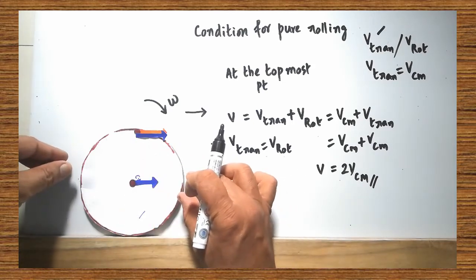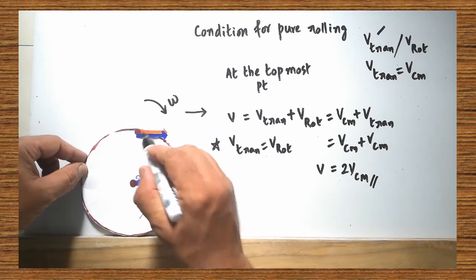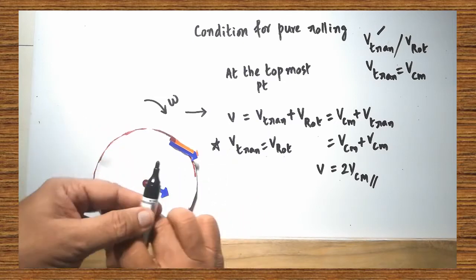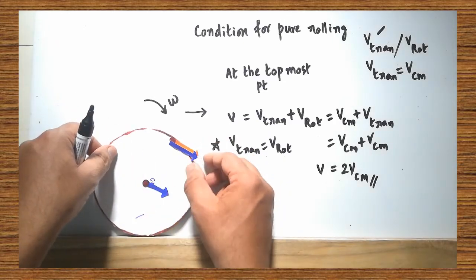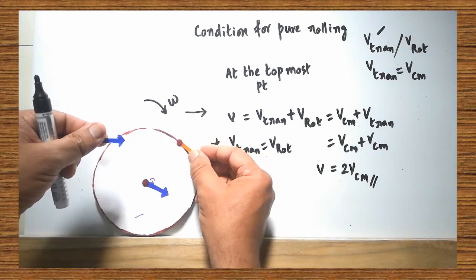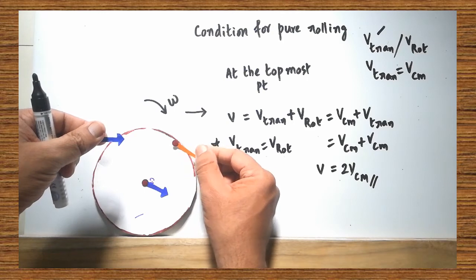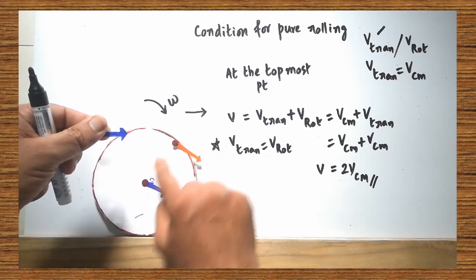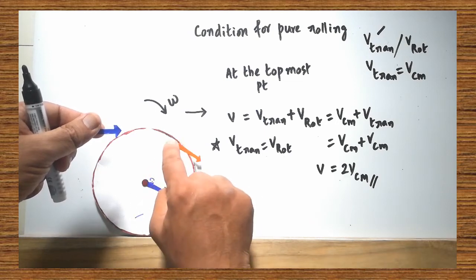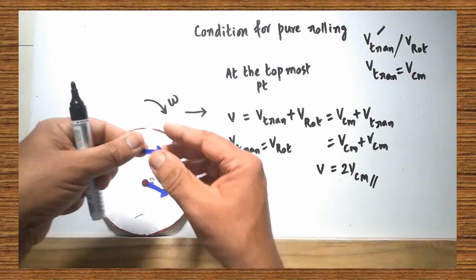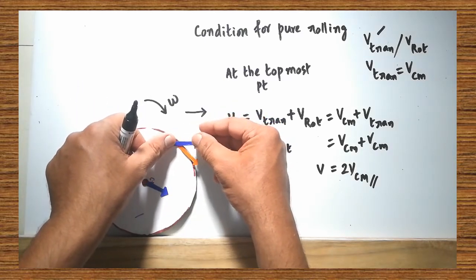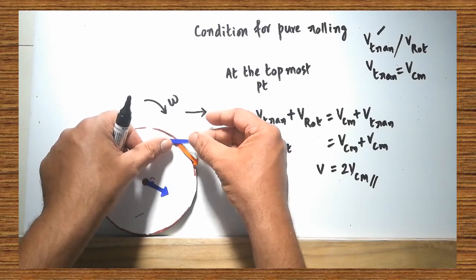Okay, now I am going to roll the body. The same point, its orientation is changing. When it is rolling, look at that. Again, what I have to do here: V rotation will be acting in this direction. That is, a line is drawn between the center of mass and the point, and perpendicular to the line, V rotation will act. But V translation will be acting in this direction. Understand this?